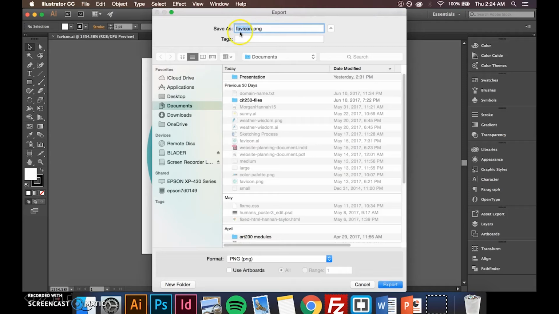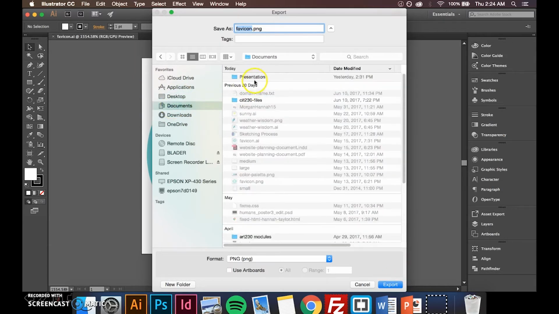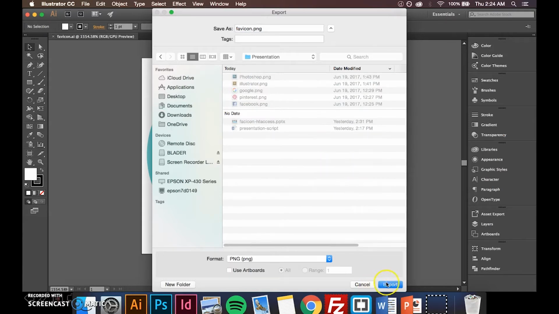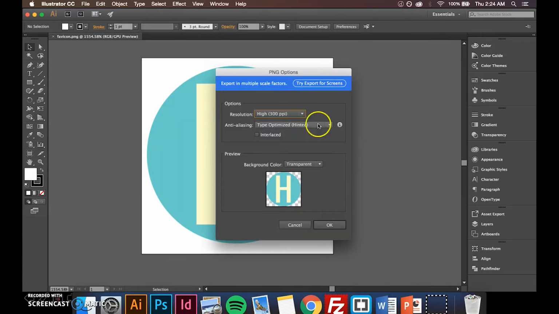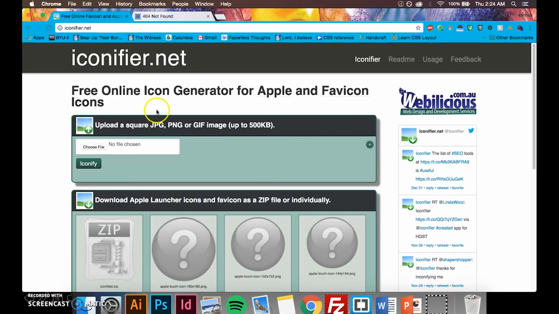And you'll want to save it with the name favicon, so that when you use it in your root directory, you will be able to know exactly what file you're dealing with. So you can export this. I'm going to go just into my presentation folder and export, and hit OK. You will want to go to Iconifier.net and you'll choose your file,